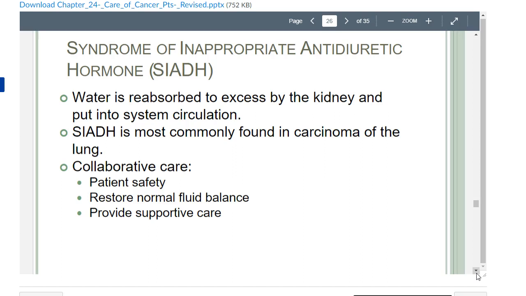And so what we see is a person really acquiring a lot of fluid. It almost looks very similar to a patient who has heart failure. So water is reabsorbed to excess by the kidneys, and it's put into the systemic circulation. We see this very commonly in carcinomas of the lung. And as far as patient safety, we're talking about patients who develop fluid overload, pulmonary edema, and heart failure. Because of the massive amount of water that's being reabsorbed by the kidneys, the patients become hyponatremic,